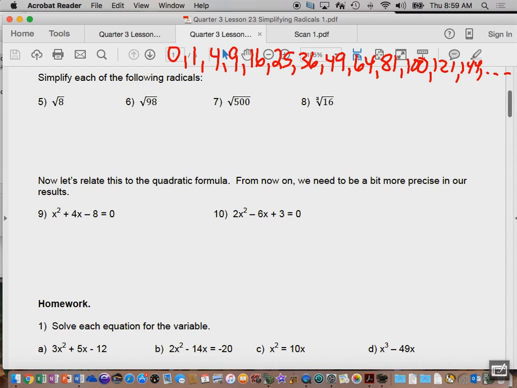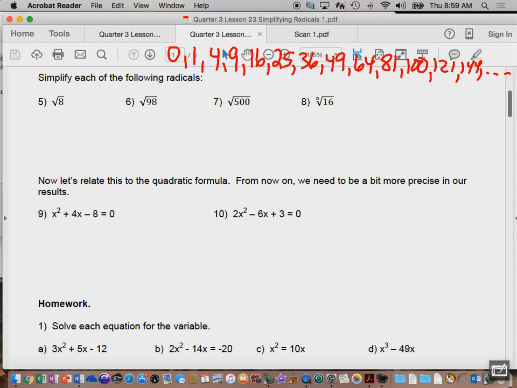Now, what your job is, and I counsel kids, because this can be an annoying topic for kids for whatever reason. Some of you will get it easily, some of you will find it annoying. I counsel kids, on their paper, when you take the test in this unit and your Regents exam, to just write that list right across the top of the page. Now, the next thing you're going to do is ask yourself, what's the biggest perfect square on that list